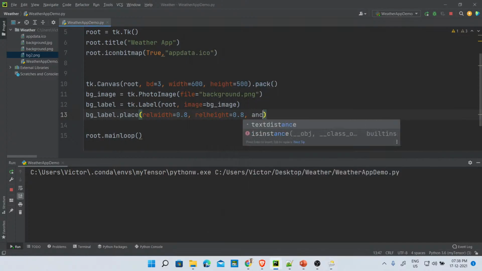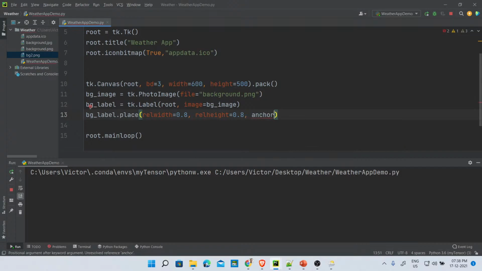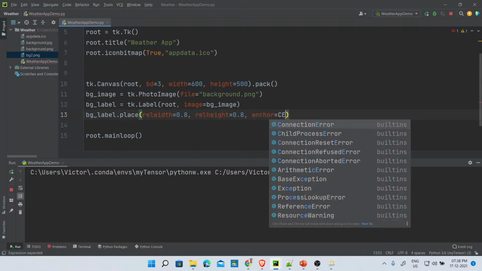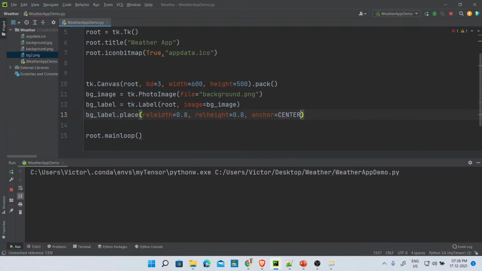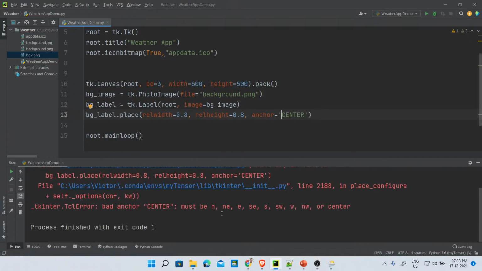Okay, so ANCHOR. So if I say anchor equal what? Center, CEN, okay, TER. And this center is a string. So I'll say equal center, and that should go inside. Now Control Shift F10. Let's see what happens. Okay, now you see center must be, look here, guys, look here, center must be, this